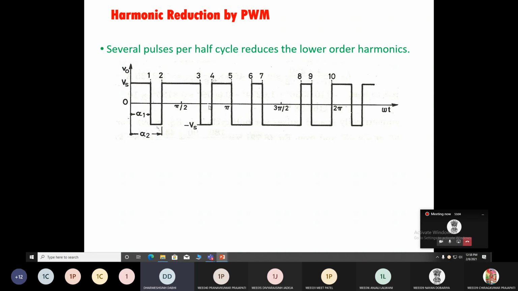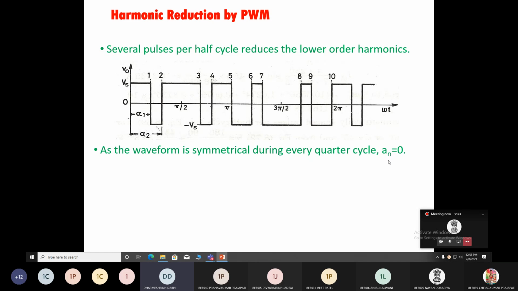So suppose this is the waveform of the output voltage of your inverter, and by Fourier analysis, if you derive the equation of output voltage, you need to first calculate the constants A0, An and Bn, as we calculated for the single phase full bridge inverter. So these are the Fourier analysis constants; calculate them first and then write down the final equation of output voltage. But you can see that this waveform is quarter wave symmetrical. Quarter wave symmetrical means that at every 90 degrees the waveform is symmetrical.